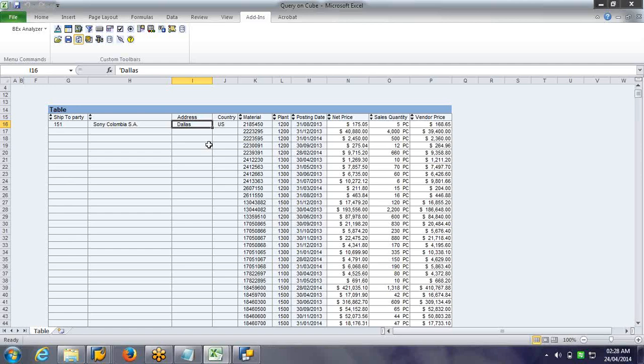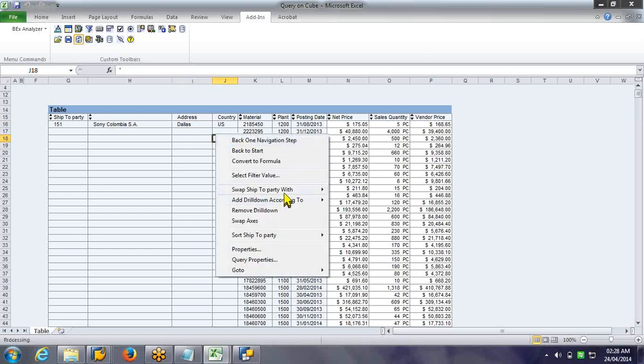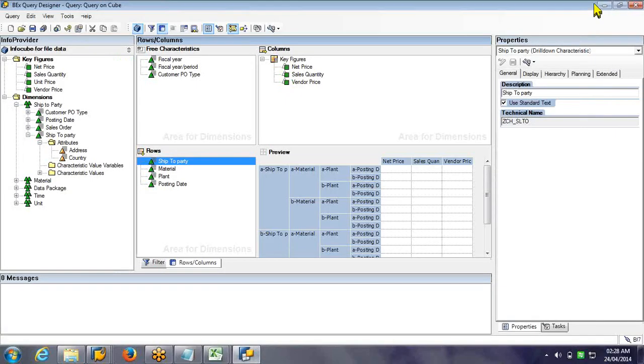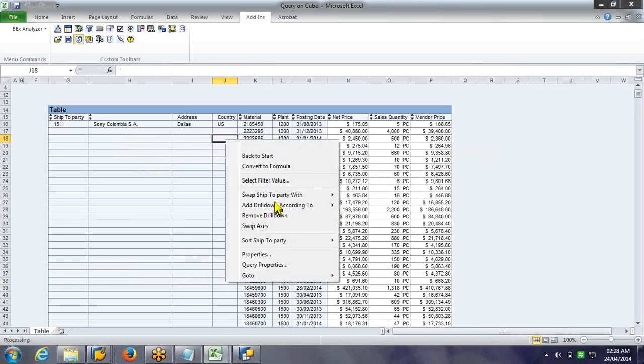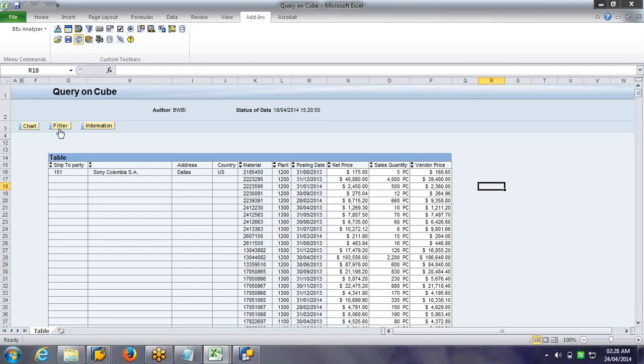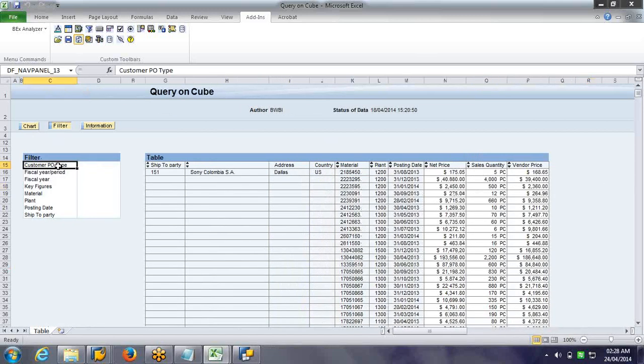But we have also added a couple of other things in the free characteristics over here: fiscal year, period, and customer PO type. He can include those and add drill down accordingly. Or if he clicks the filter button, he finds additional options, and you can just drag and drop.